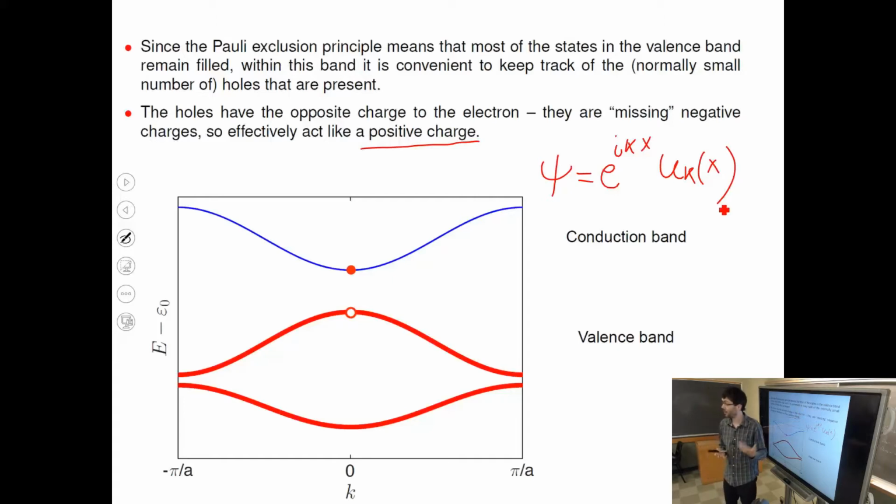So that is not a wave function for a simple particle. That is a wave function not for a plane wave, but for a Bloch wave. And so these Bloch waves are quasiparticles made of the eigenstates of electrons in a periodic potential. So they're not quite particles. They are these modified wave functions. And these electrons, as we already saw before, can have a different mass than outside. They can have an effective mass that can be very different. So electrons and holes are both quasiparticles in this case.